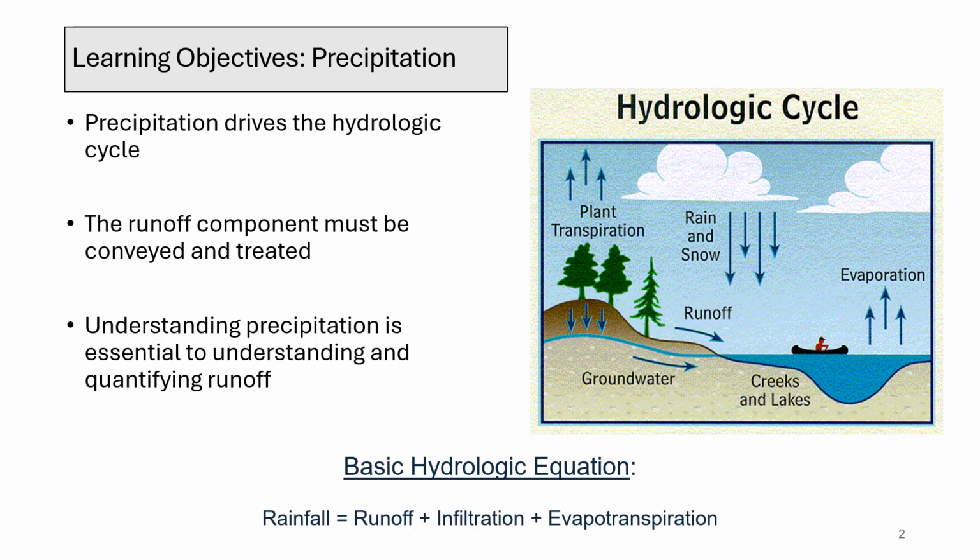We'll be working with the basic hydrologic equation, which states that rainfall equals runoff plus infiltration plus evapotranspiration. This equation helps us describe the management of runoff and infiltration, and the changes water undergoes in its various states. Specifically for Florida, this module will help you understand the changes in water volume and the concept of inter-event dry periods, which are crucial for our local conditions. Ultimately, a solid grasp of precipitation will enable more accurate calculations for annual quality impacts related to water management.